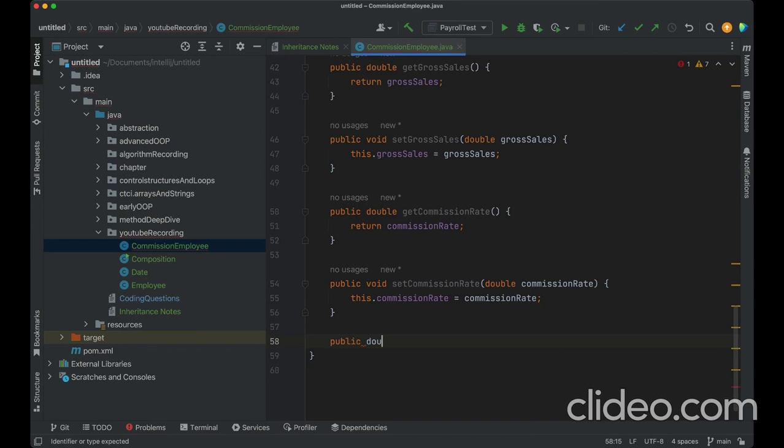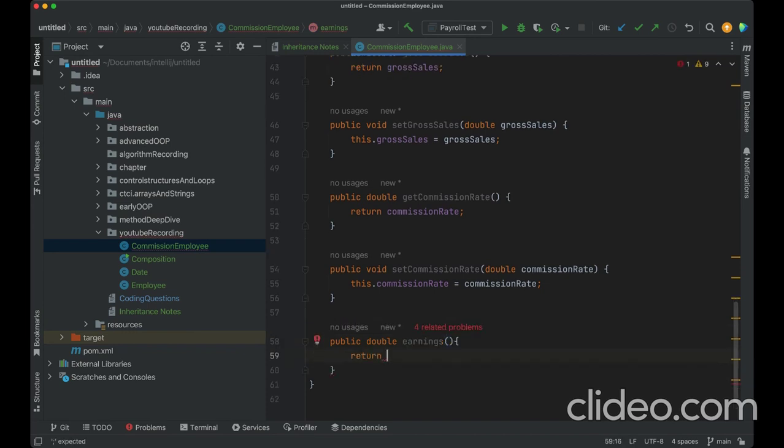The return type is double. So I'll say public double earnings, and then I'll return get gross sales